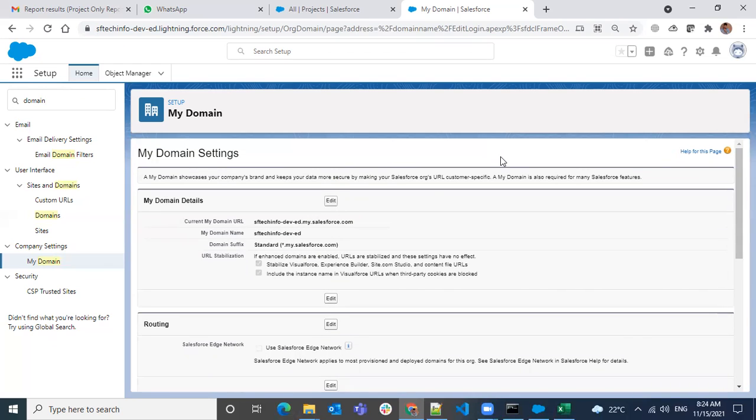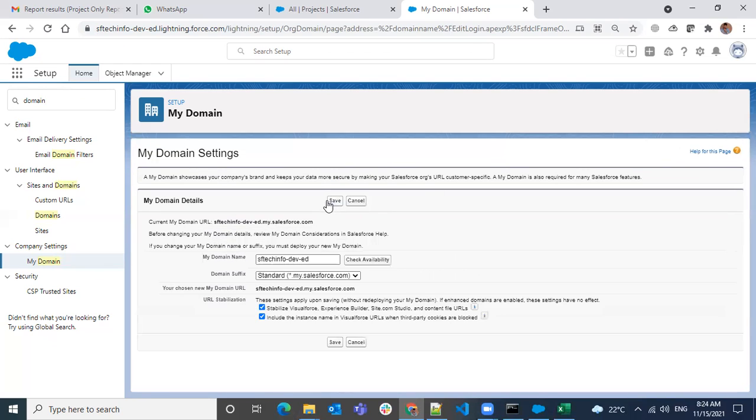Okay, and once you have a domain enabled, here is the name. If you want to change the name, you can try here, and if it is available, then you can make a change to your domain. I believe we cannot change those domain names once you have enabled it. Just take a try when you're looking at this one.